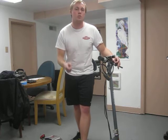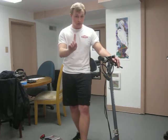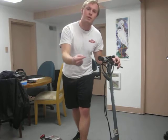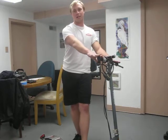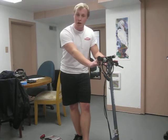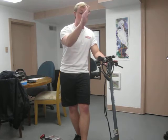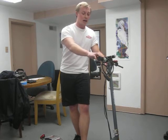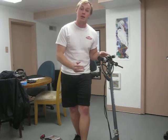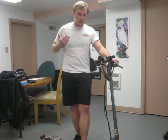My expectations were not met, but this is critical. My expectations exceeded the scope of engineering for the product, and because of that, I cannot fault the product for that. I would give this scooter 4 out of 5 stars. If you're an adult, if you're shorter and you don't weigh as much, then this actually might be better. But if you're a grown man,